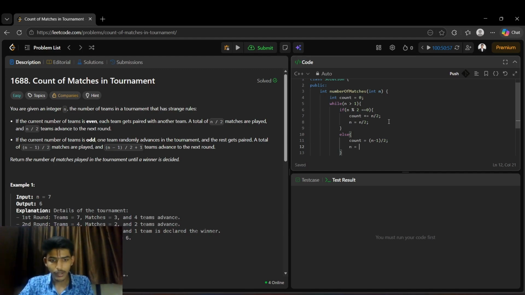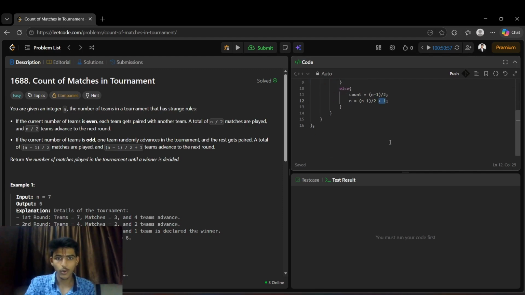Okay, and again, for handling the count of teams, we will have n minus 1, the random team advancing to the next round, divided by 2, plus we will have that random team too. We need to count that team too. So after decreasing that and dividing it by 2, getting the teams which are the winners in the current round, we will also add that random team which advanced to the next round for no reason. We'll add that at the end,